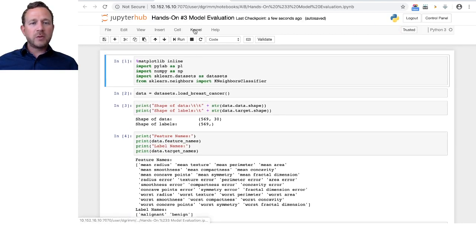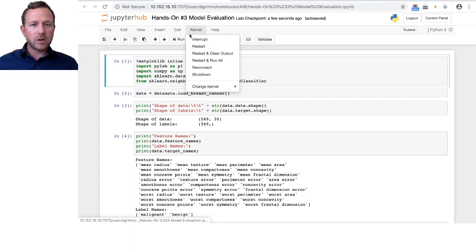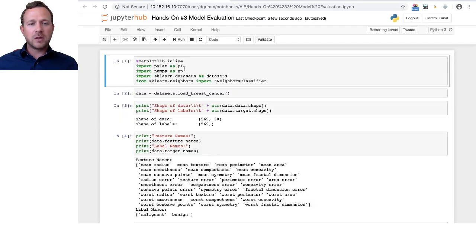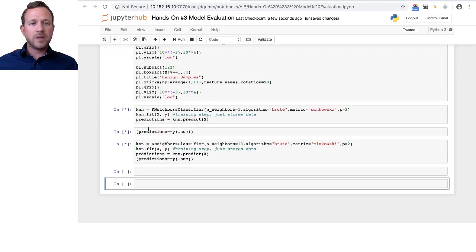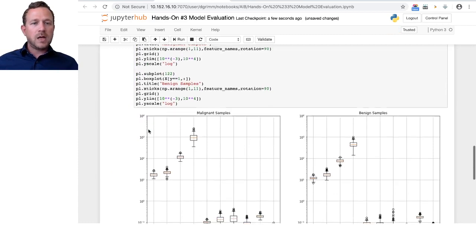What we do first is we run all the cells. So we execute everything again, which we can do here by Kernel, and then we click here Restart and Run All. That's restarting the kernel, it's running all the code that's in here, so that we just load everything into the memory again. And then